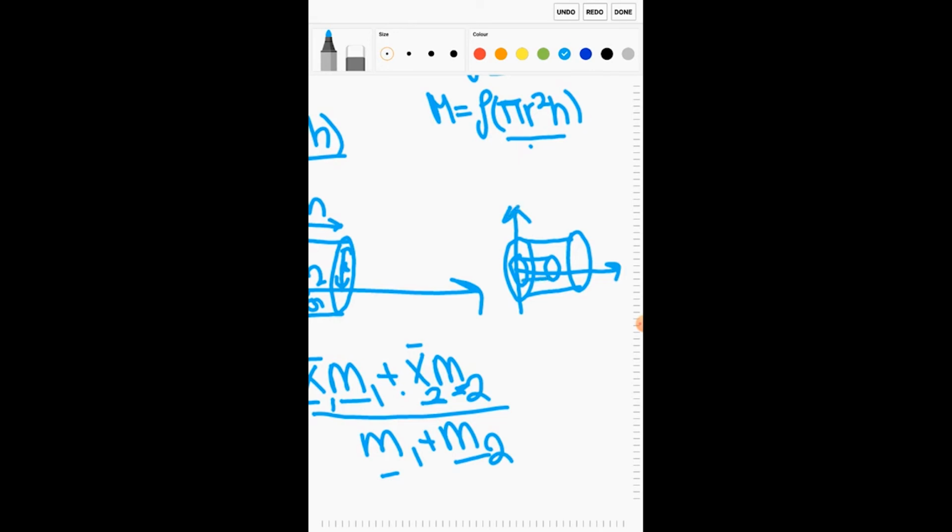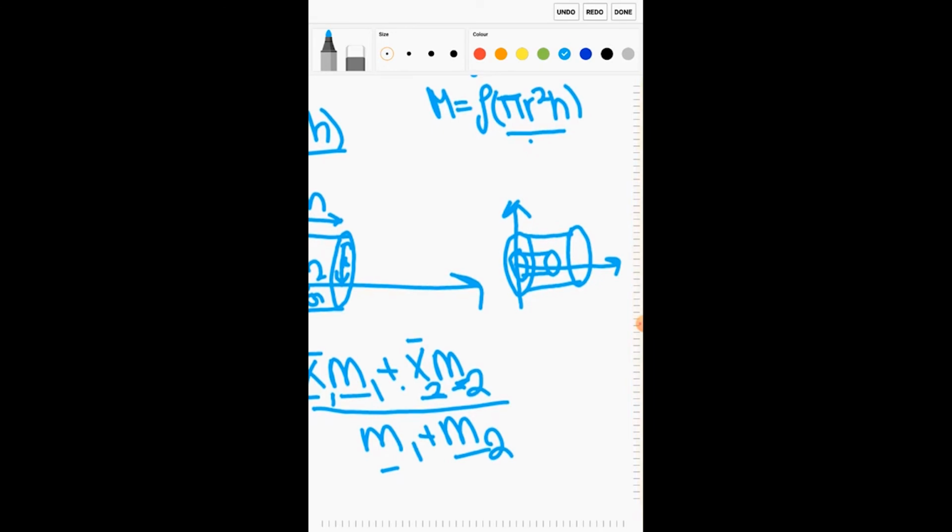You're removing the small cylinder from inside the bigger cylinder, and you're trying to find the new center of mass. In this case, the new center of mass would be x1 m1 minus x2 m2 over